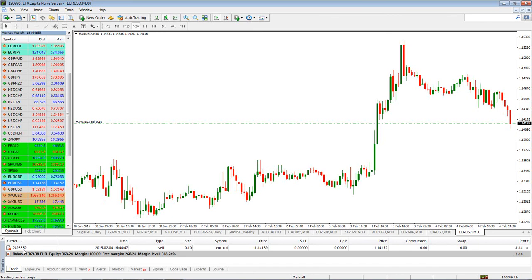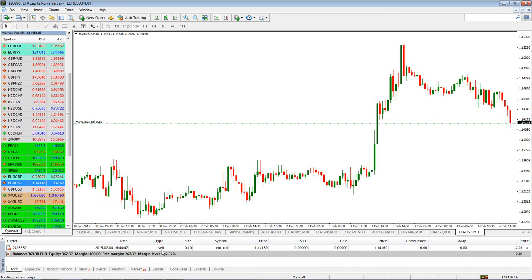Then it gives us the date and time in which we initiated the trade, so that's up to date with the time now that I've just taken the trade. It tells me that I've sold. Okay, it's a sell order, so it means I've gone short the euro versus the dollar. It shows me my size,